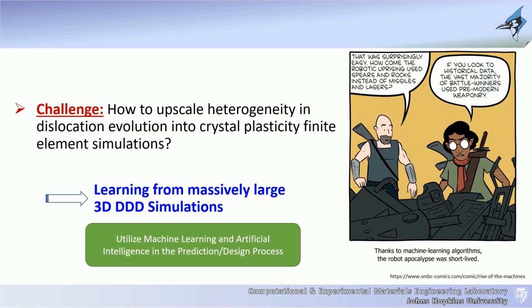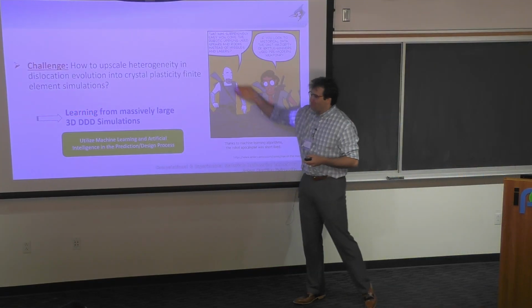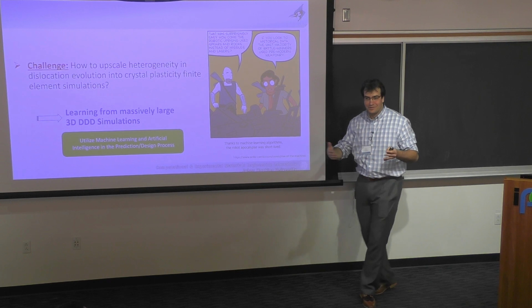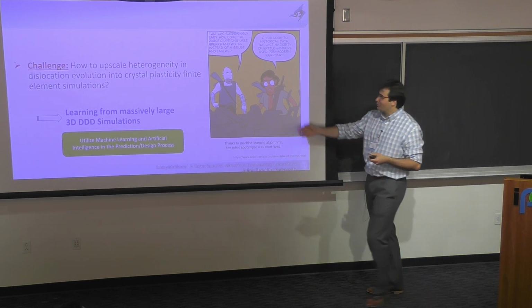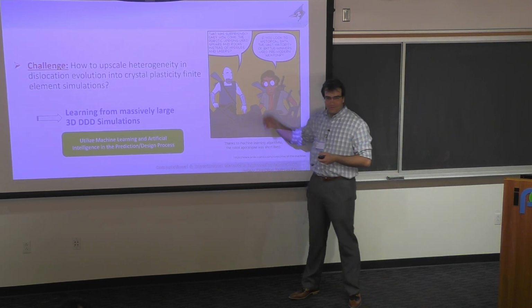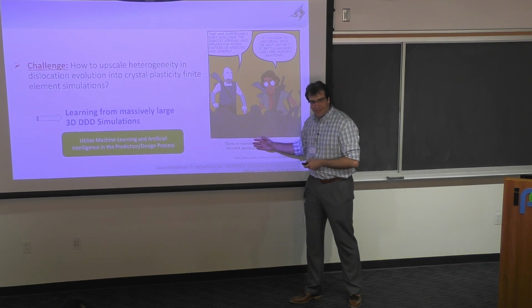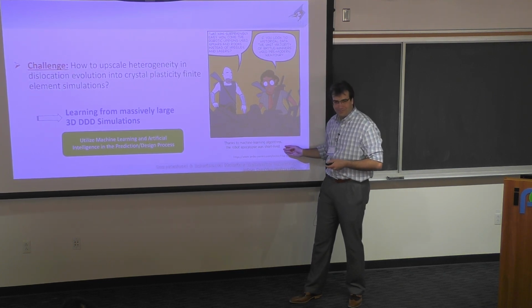My joke here, it's not my joke, someone else's joke, but I copied it from the internet, is about that machine learning works quite nicely, right? But you have to be very careful, because if you train machines on historical data that actually exists, you might fail. Why? If you look through history, most wars that were won were with primitive weapons. So if you train machines on the history, they're going to fail, right?